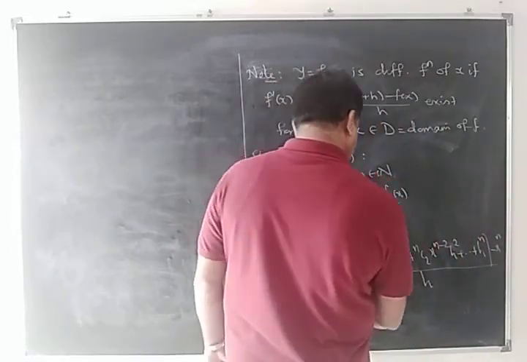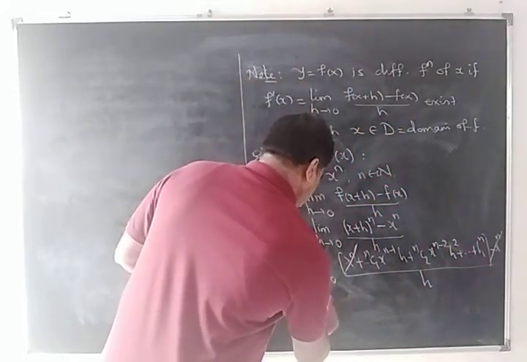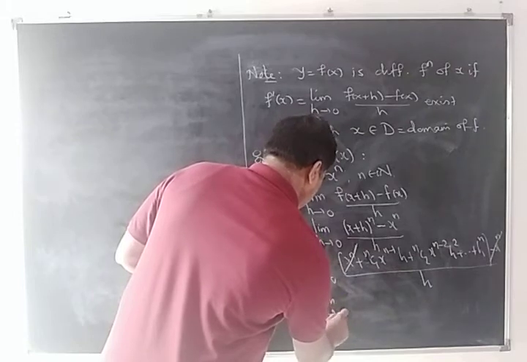So this x^n gets cancelled, and by taking h outside, limit h tends to 0 of